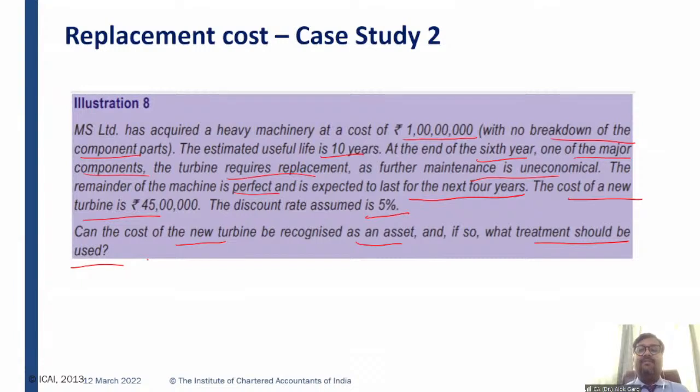Sir, how can we remove the existing cost of the turbine? The standard says that first of all, you need to use the current cost to arrive at the past cost. That is, what was the present value of this 45 lakhs 6 years ago? So you need to discount it 6 years back, and it will give you the present value. Clear? So when the present value comes, you will de-recognize that present value and you will recognize the cost of the new turbine. Okay, so let me solve this case study for you on an Excel file so that you will be able to understand this in a better way, right?